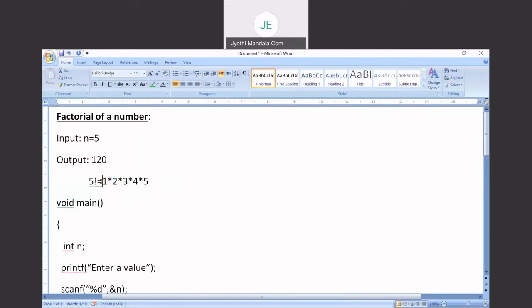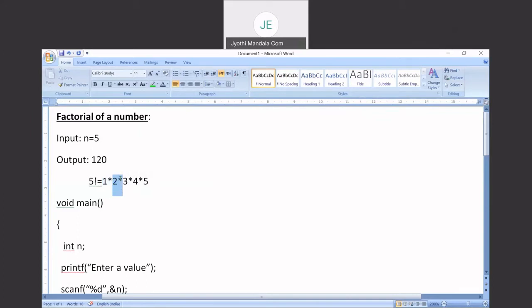So I will be using an iterative statement to perform this task, because we are performing the same task. An iterative statement is used if you want to perform the same task more than once, like while, do while, and for. Here we are performing the same multiplication operation, where I has to be multiplied with I plus 1.